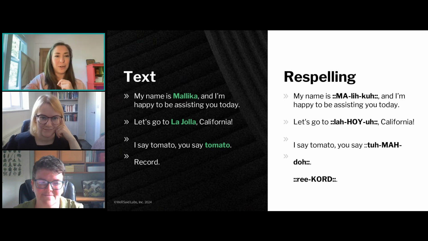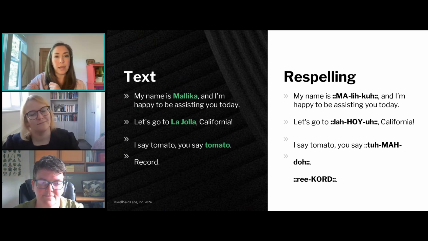So we'll hear how the model responds to just the word as given versus when it's given a respelling. And then the example we were just talking about, a single word, no context. How do I know which form is meant to be spoken? So I'm going to start at the top. Let's listen to some audio. This will be the text on the left, no respelling provided.